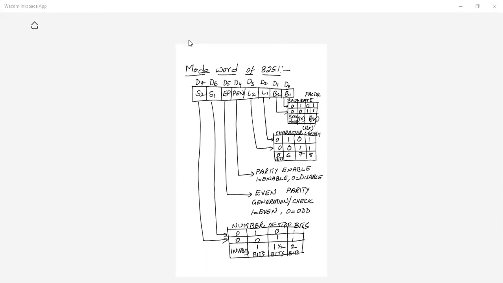If you have any doubts, you can ask. Right. Two more registers were there. Command word is there and also status word is there. Right. So from 8251,